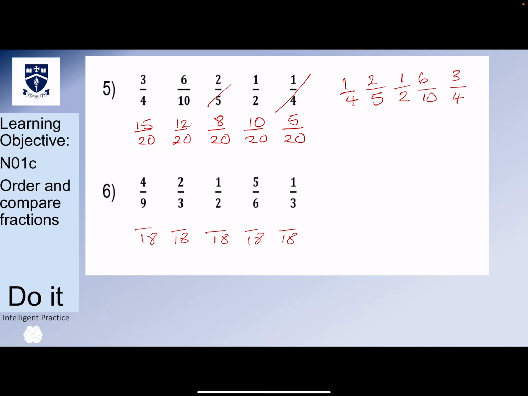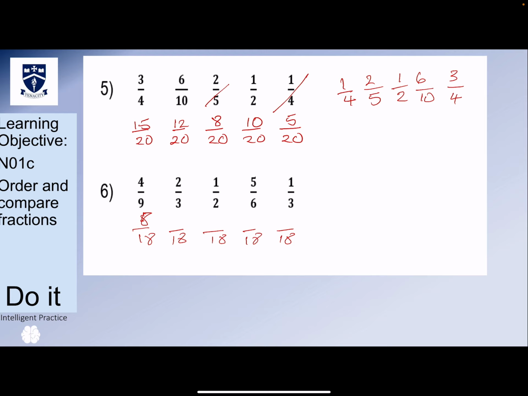What am I doing with the 4/9? So from 9 to 18 I need to times by 2. So I make sure whatever I do at the bottom I do to the top. So when I times by 2 I get 8/18. Whatever I do at the bottom I do at the top. I'd be timesing by 6. So when I times by 6 I end up with